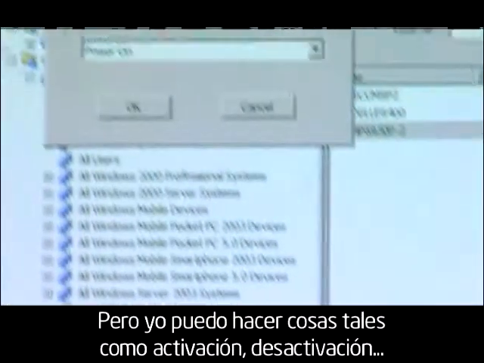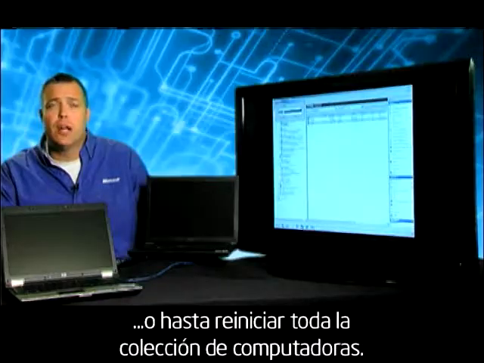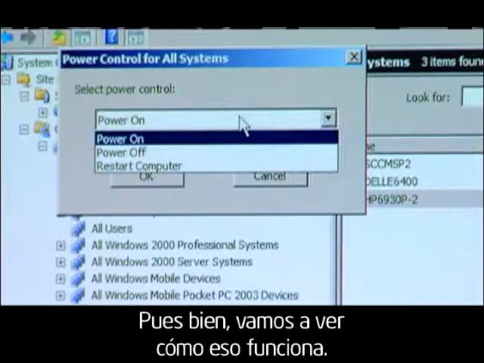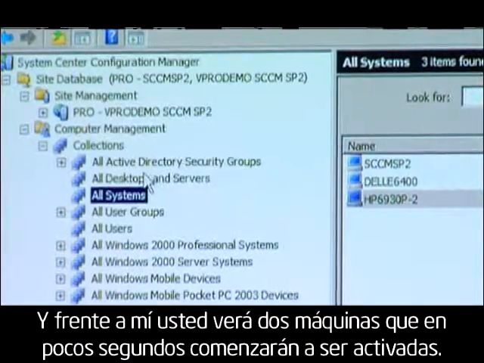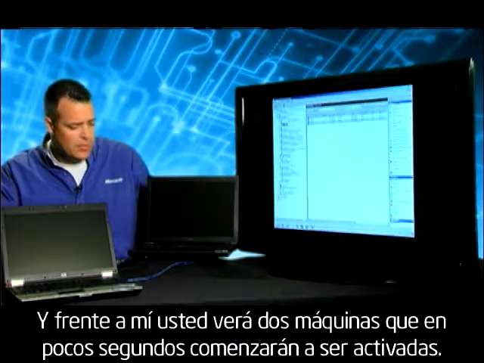But I could do things here like wake up, power down, or even restart an entire collection of computers. So let's see how that works. I'm going to select the power on and hit OK. And in front of me, you're going to see 2 machines in about a couple of seconds here start to